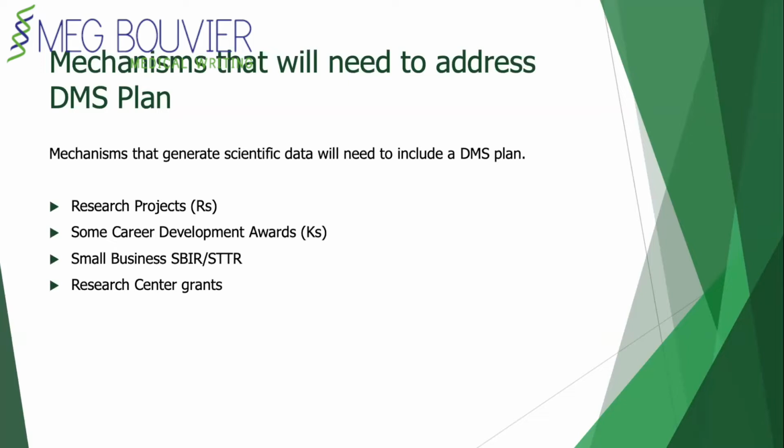And I'll just pause you there. My guess here is that the Ks that will require it would be the ones like the K01, K07, K08, K22, K23, K99, and probably the ones that are focused on mid-career and further. You know, there's a K designed for somebody further in their career who's working on developing their mentorship skills. Those are not research project Ks. So it's really focused on the main, junior faculty mentored Ks is my guess.